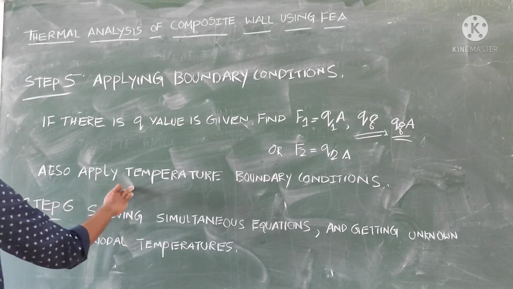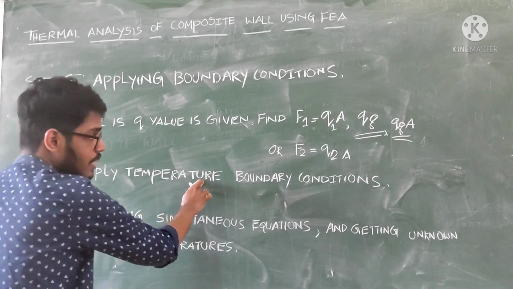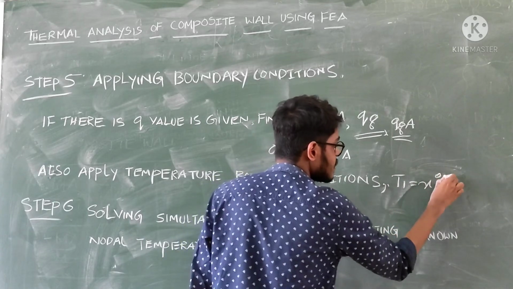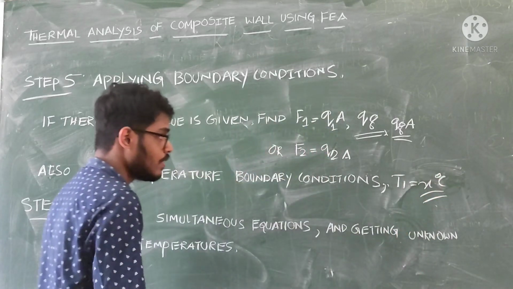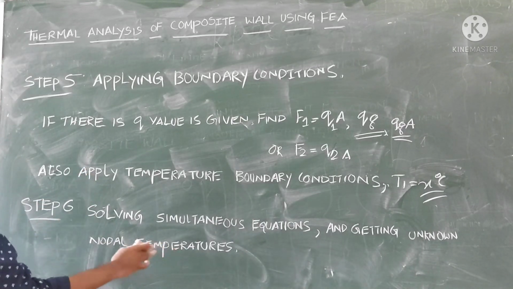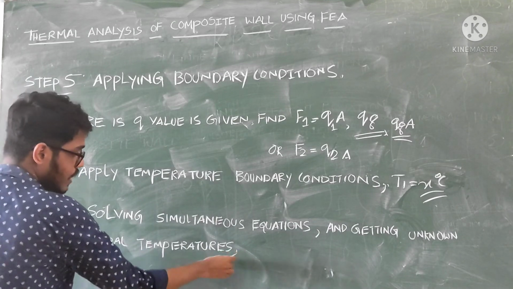Then also applying temperature boundary conditions. That is, if there is mentioned about T1 is equal to X degrees Celsius, then apply this value. Then finally solving simultaneous equations from the matrices and getting unknown nodal temperatures. This is the final answer of